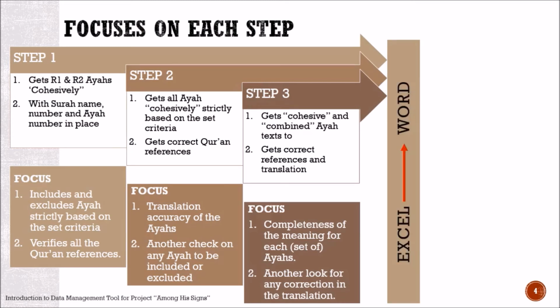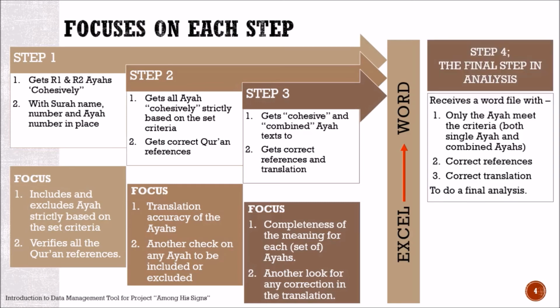After that, the information we have in Excel, we will be using to make a Word file that will have just the ayah that met the criteria, and it will have the references only. Now this Word file, when it's prepared, brings us to step 4, the final step